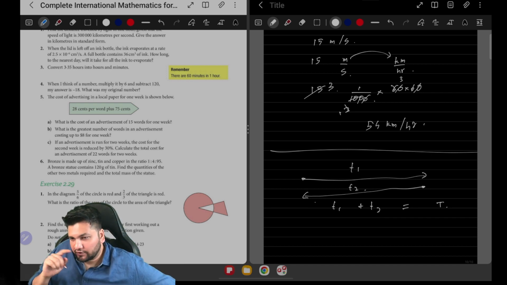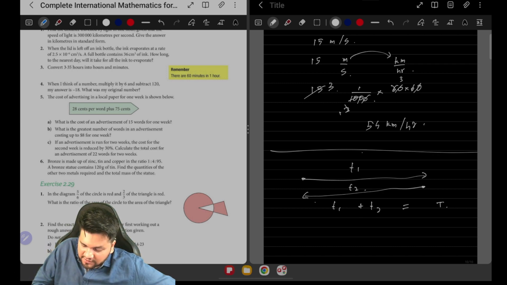Speed is equal to distance upon time. So time is distance upon speed. So this distance, let's say it's 40 kilometers. We know this is constant and this is also 40 kilometers constant. So it's going to be 40 by